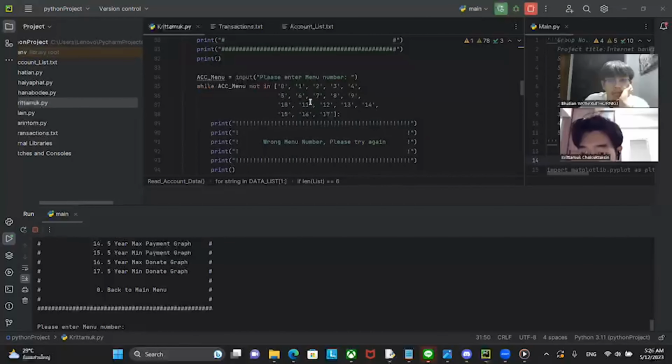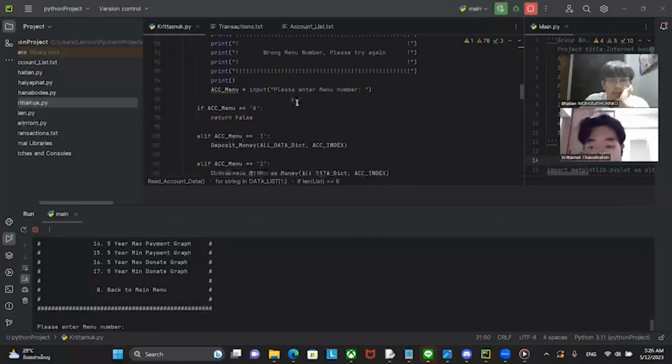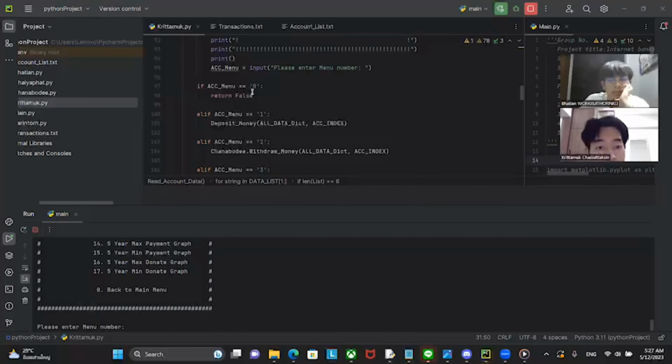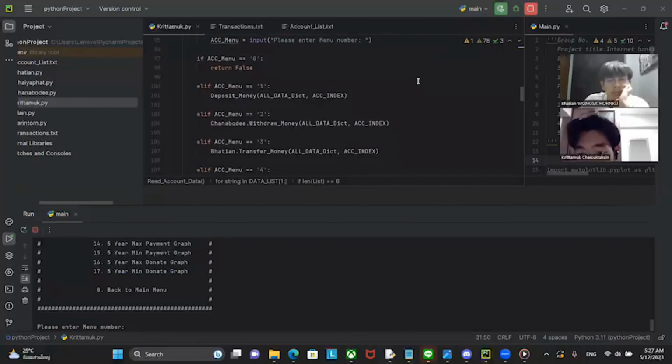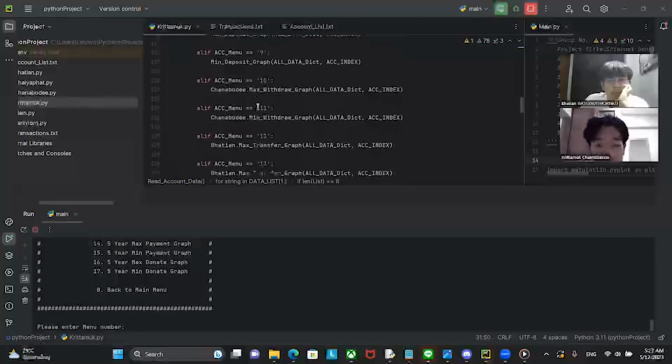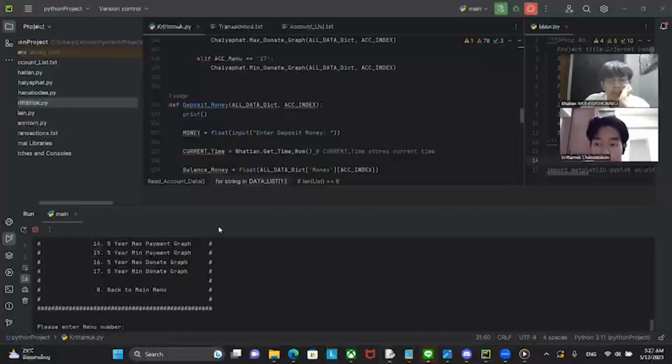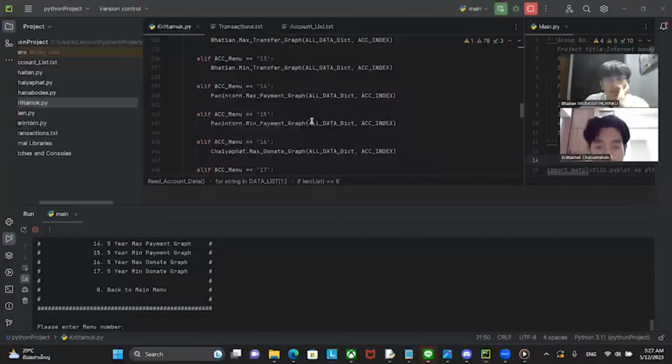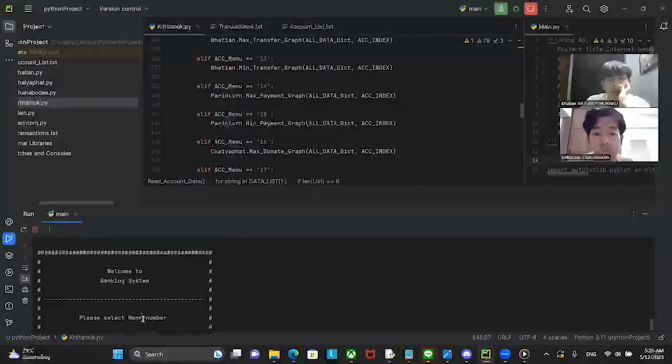The while loop will break and check the condition below. If ACC menu equals 0, the function returns false and goes to the menu. If it matches the number, it will run to each condition. For example, I will try to run this code. If I type the number 0 on this system,